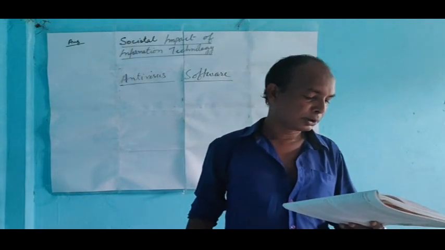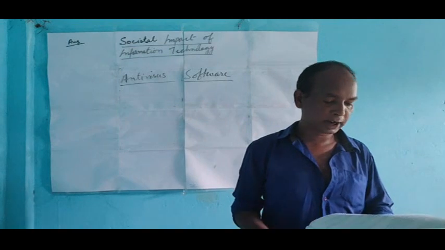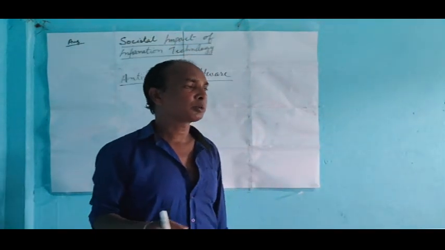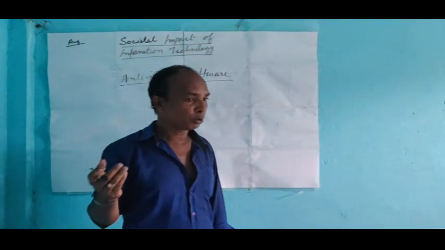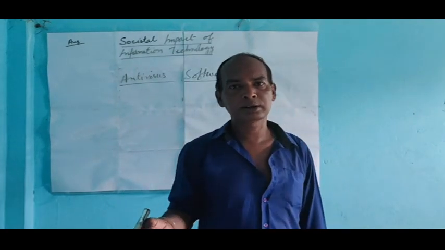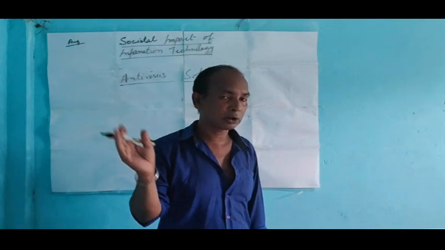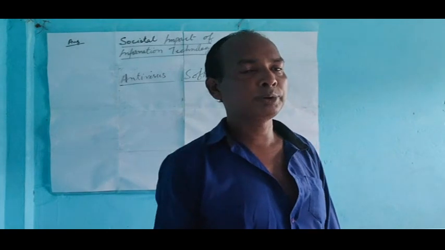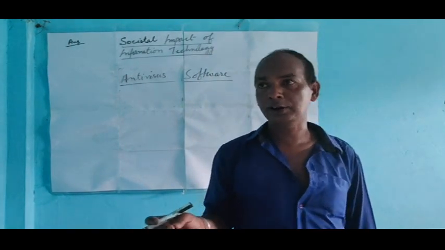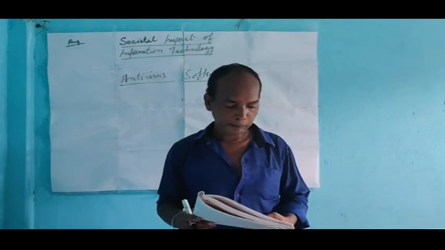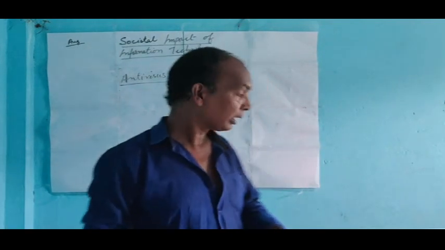Next, the user should run a full disk scan periodically. The last point is for the users, the people who use computers: they have to scan the whole system periodically, once or twice a month. You have to scan all the drives and the whole computer system, so that if any virus has affected your computer, it will be deleted. So these are the functions of antivirus software. Next one is spyware.